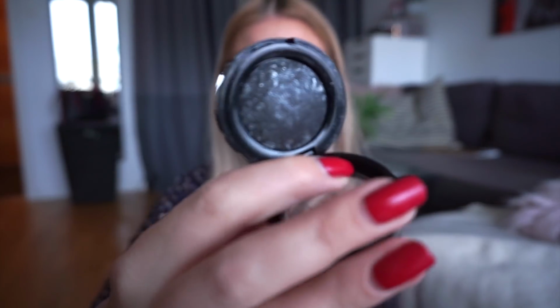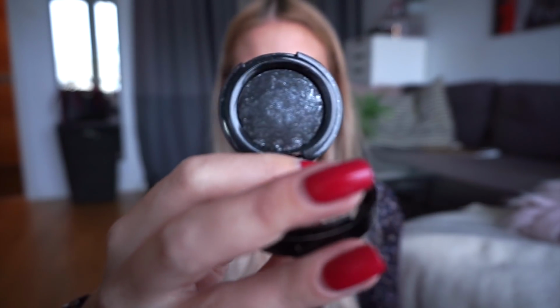So next thing is also something that is super, super pretty, but I just don't use, and that is this eyeshadow from Kicks, which is a Swedish beauty store, which is kind of like Sephora, but in Sweden. So this one is one of their baked eyeshadows in the shade Galaxy. And this one is so pretty. It's stunning. So this is what it looks like. It's just this black shadow with silver glitters in it, and like I said, it is so pretty, but